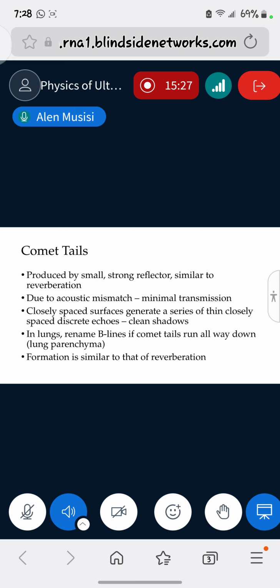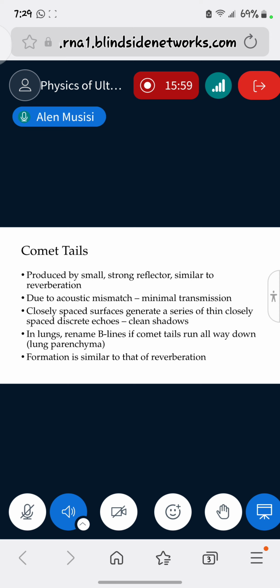This one is produced when there are multiple reflections between very, very small, highly reflecting interfaces which are very, very close together. So it produces repeated structures